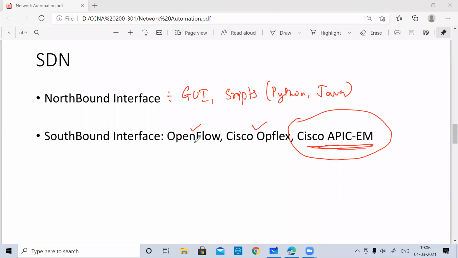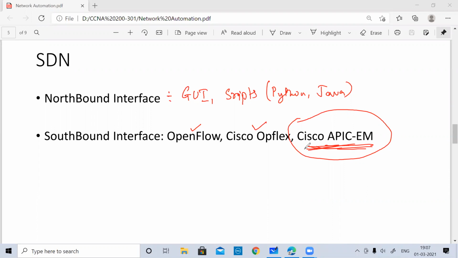So I hope it is understood which kind of interfaces we are using in our real applications, how we actually configure our controllers, and which interfaces or protocols we are using. This is the most popular approach these days, because when you use this, talking to the data plane becomes very easy with the help of telnet and SSH. The main job of the controller, as we mentioned, is through our southbound interface, so whatever protocols your hardware supports, telnet and SSH for remote access, you will be able to use those easily.